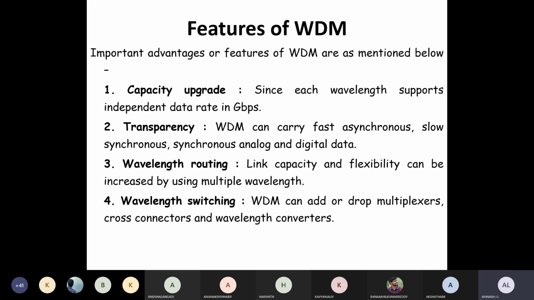Okay, there will be a range. However you want, you cannot convert; there will be a certain range. If you are converting within that range, it is acceptable, and you can convert the signal wavelength to your purpose. It is also one of the possibilities with respect to wavelength switching. So these are the 4 features which are there in WDM. Please make a note of this, all of you.